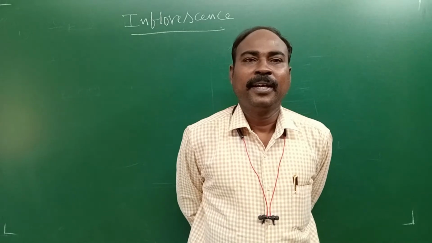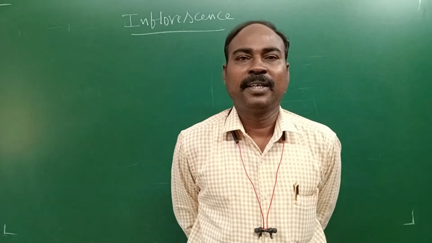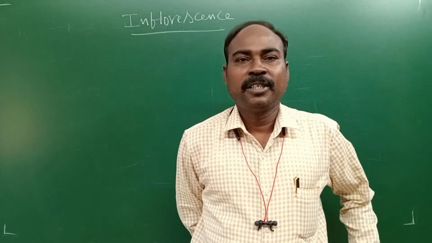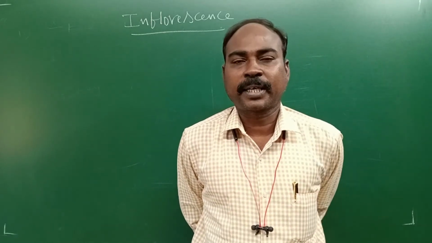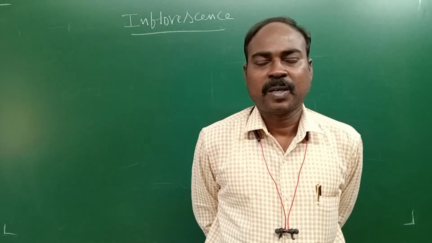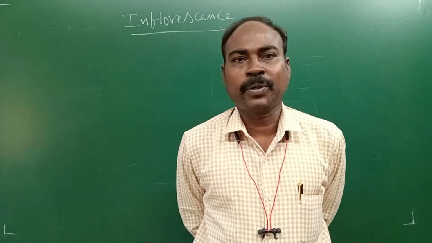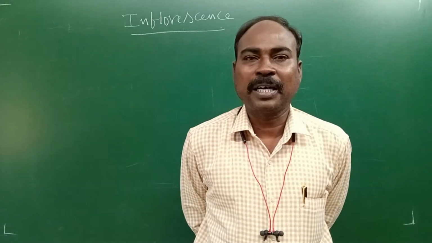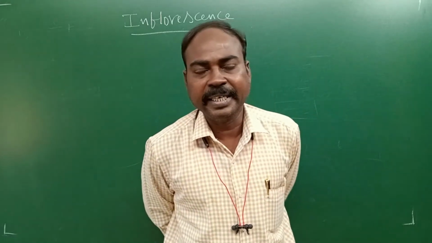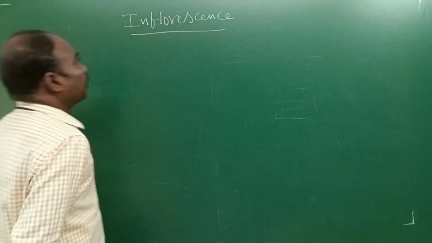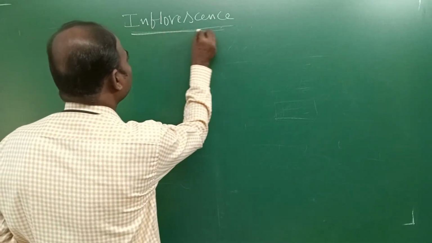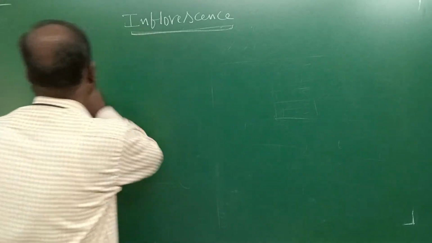Already we discussed the morphology of flowering plants. In that, root, stem, and leaves are completed. These three parts are vegetative parts. Now in this class, we are going to discuss reproductive parts such as flower, fruit, seed, etc. Here, first of all, we are going to discuss a reproductive morphology, that is inflorescence.